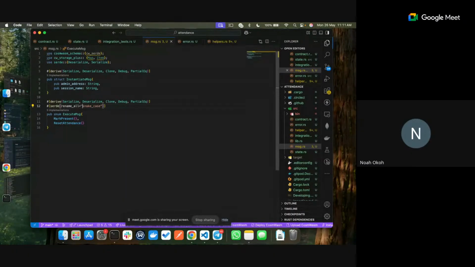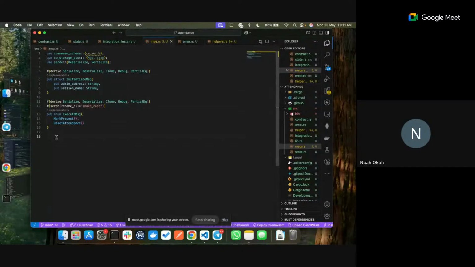That is when you're trying to pass, for example, this mark present. If we try to send a command, if this is not there, this rename all as snake case,